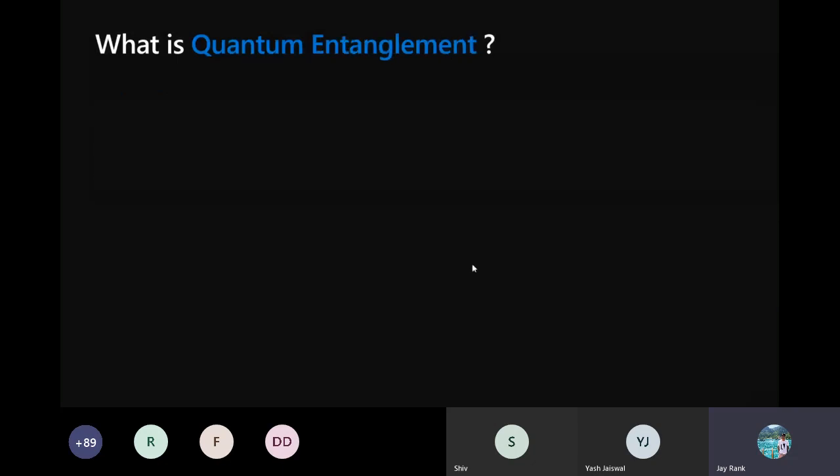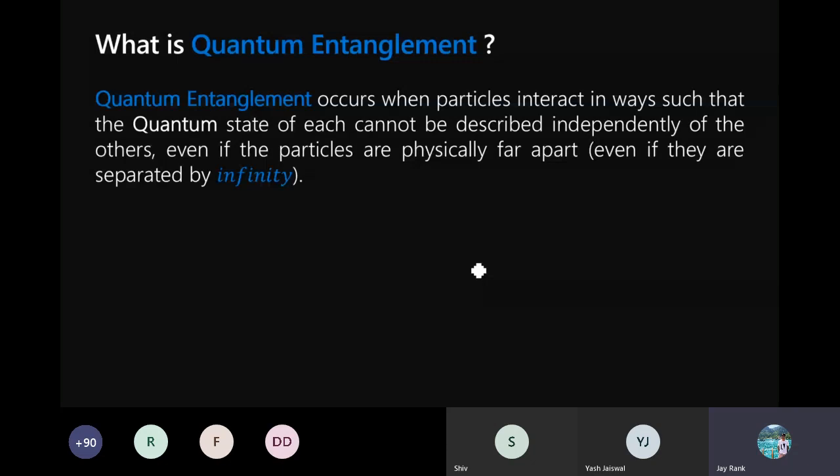Okay, so what is quantum entanglement? It is one of the principles behind how a qubit is actually measured. Quantum entanglement is simply a phenomenon through which one can determine the state of another qubit of the same pair. Quantum entanglement is simply a phenomenon through which one can determine the state of a single qubit just by looking at the other qubit of the same pair.